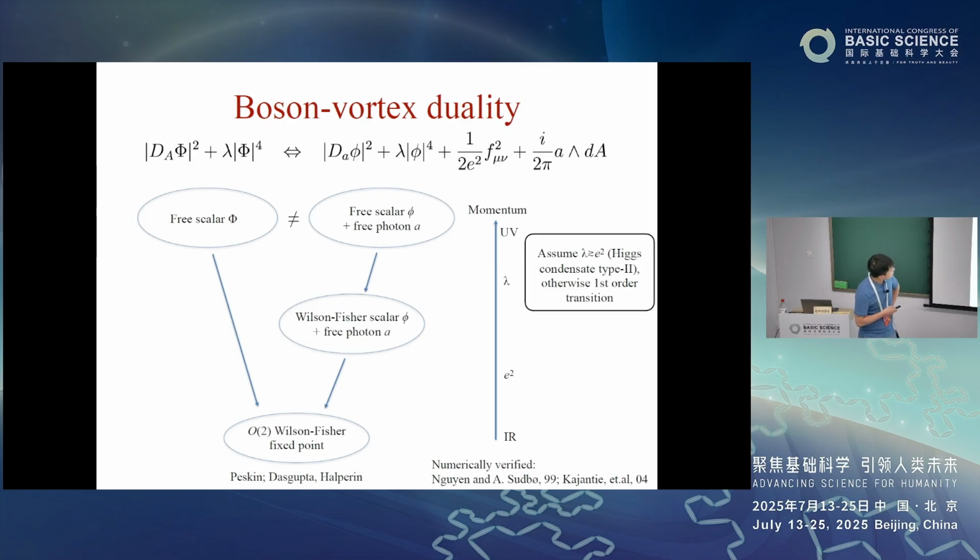I should say that this procedure of first flowing to Wilson-Fisher and then coupling the gauge field and eventually flowing to Wilson-Fisher, first flow to the Wilson-Fisher of the Higgs scalar and then eventually flow to the real Wilson-Fisher, practically what that means is that when I write down the Lagrangian, this φ⁴ coupling constant λ is much larger than the gauge coupling e². If I'm in the opposite regime, then in fact I get a first order transition. So this order actually matters.